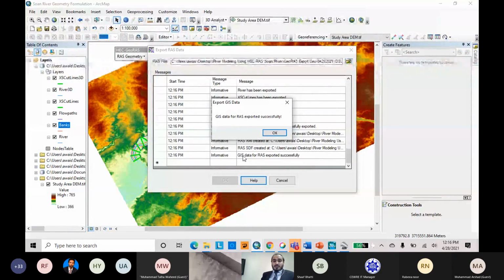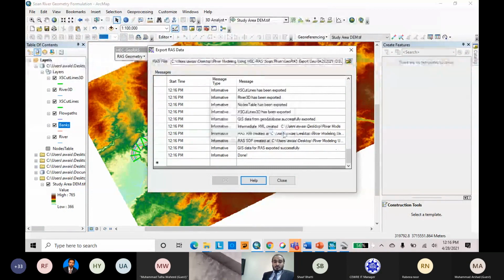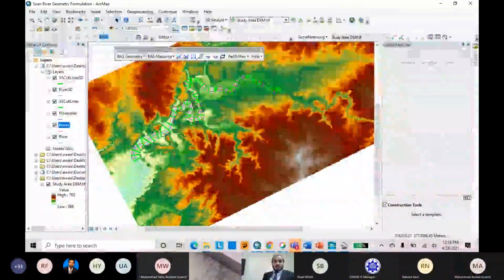Okay, GIS data for RAS exported successfully. We have successfully exported our HEC-GeoRAS geometric data for HEC-RAS. Okay, we can close these windows.